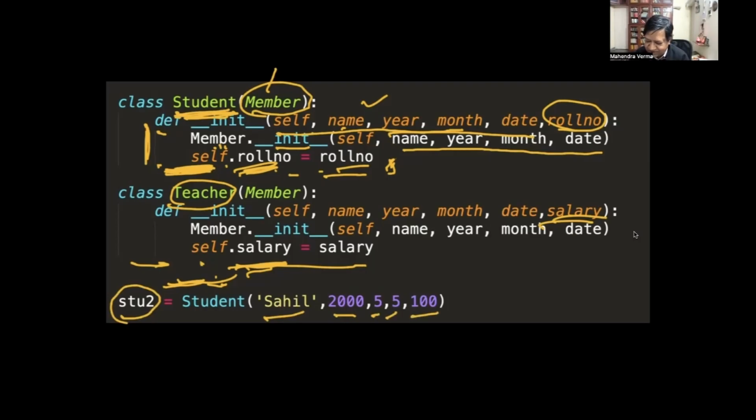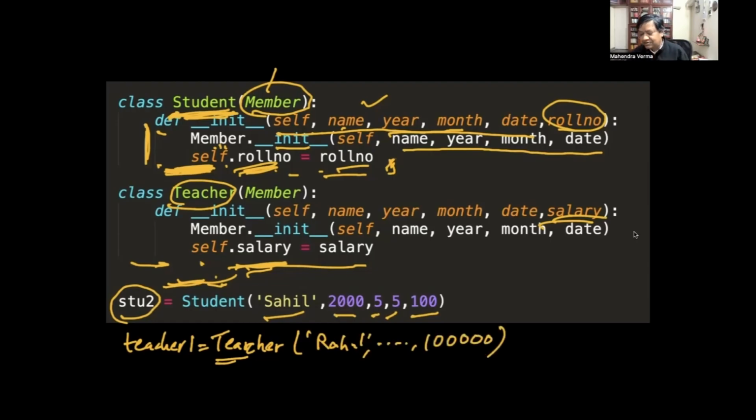Okay, you could also do it for teacher. So teacher1 equal to Teacher. Don't use the same name; Teacher is a class word. Normally it's a good idea to put a capital letter for class definitions, and variable names typically start with small letters. Here it could be the whole name, year of birth, and then salary. So there are two objects I created. These are the objects, and these are the definitions.